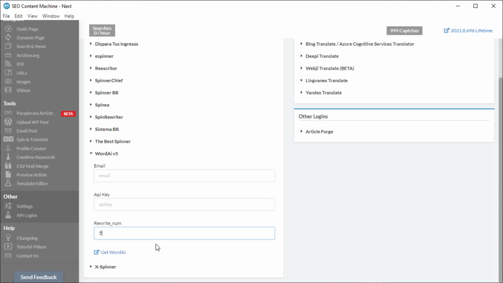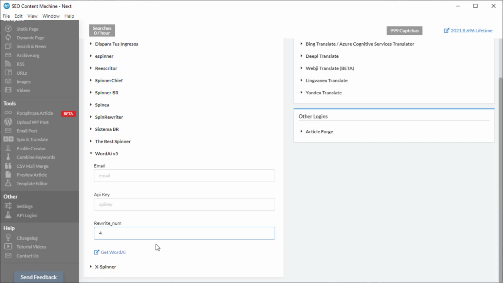Just be aware that anytime you go above 4, let's say 5, you actually increase the API usage by a factor of 4. And the reason why it works like this is when you set it to 4, you get 4 sentence rewrites, and each sentence, 4 of them go back to the spinner again, and they charge you for that. And obviously, because it's 4 sentences, you get word level spins back, but you get 4 times the usage